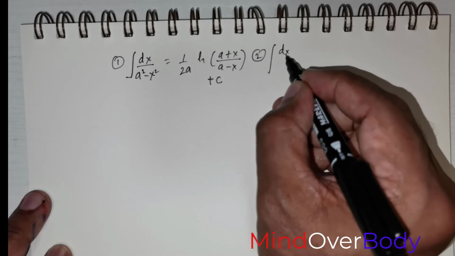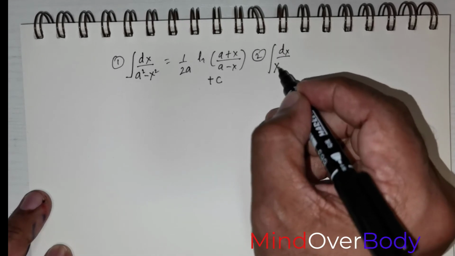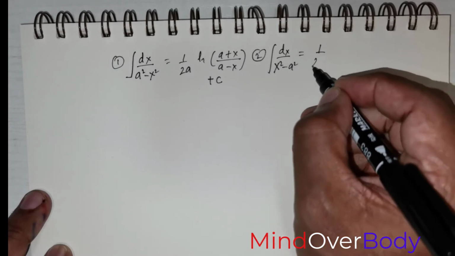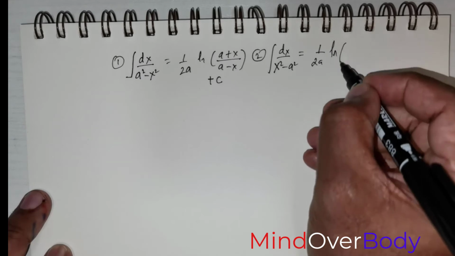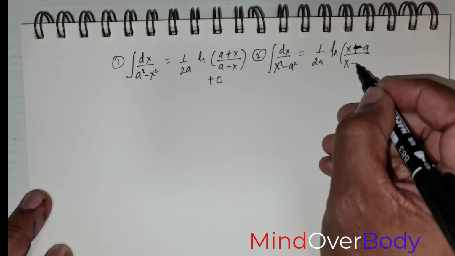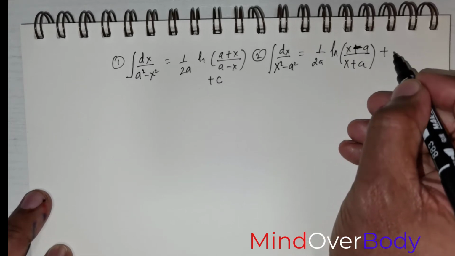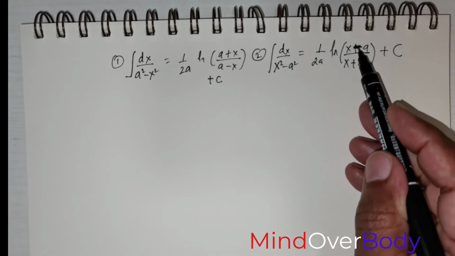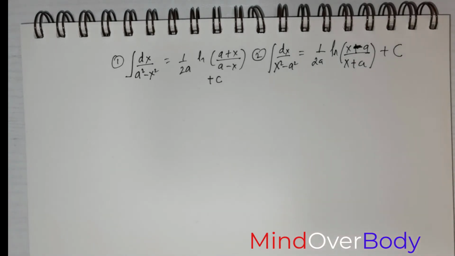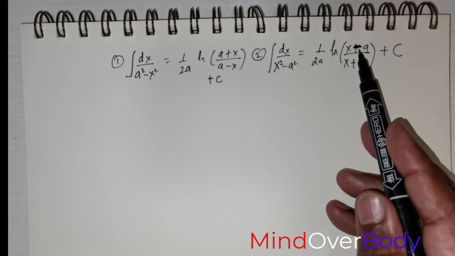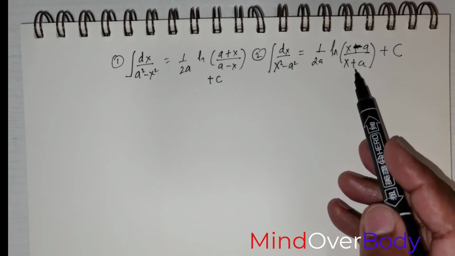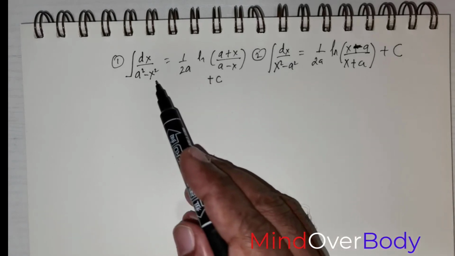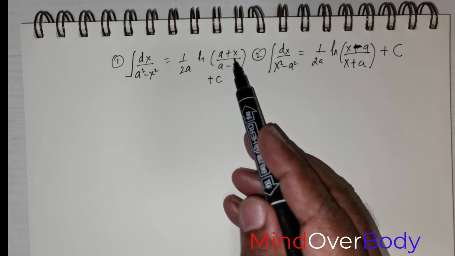The next one is integral dx over x squared minus a squared. This is equal to 1 over 2a ln of (x minus a) over (x plus a) plus the arbitrary constant c. You have to be a little bit cautious when writing the formula. So this is (x minus a) over (x plus a), and in the other case this is (a plus x) over